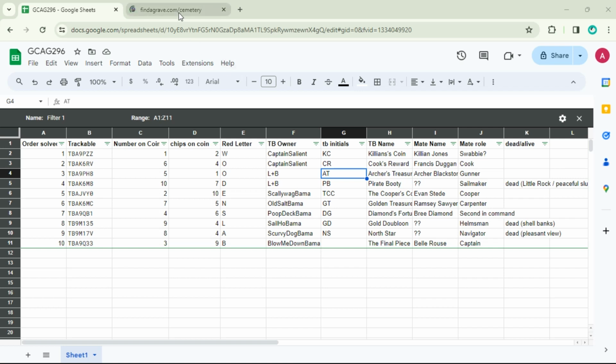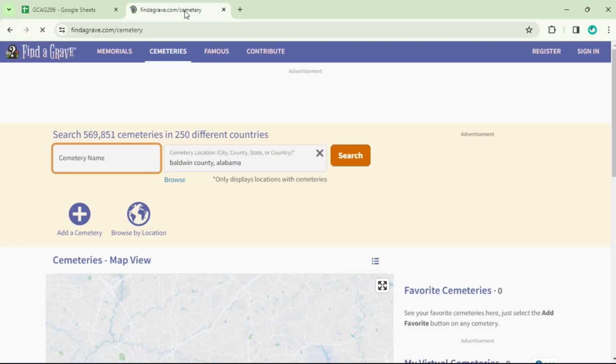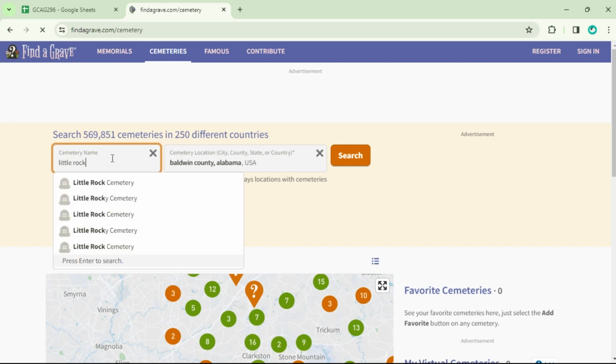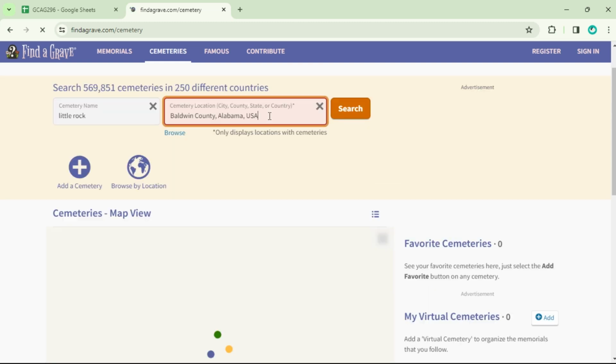So with the new hint that was published on the cache page that they were physically buried, and me not being physically on site, I had to resort to online resources, and so Find a Grave is the main resource. I typed in Little Rock, that was one of the key names, and did a search for Little Rock in Alabama, and to my surprise,